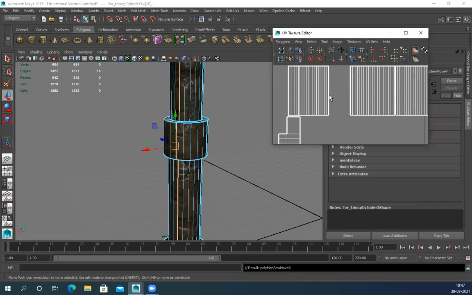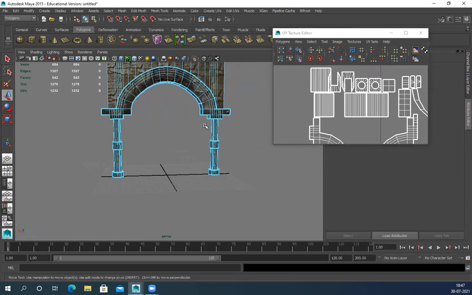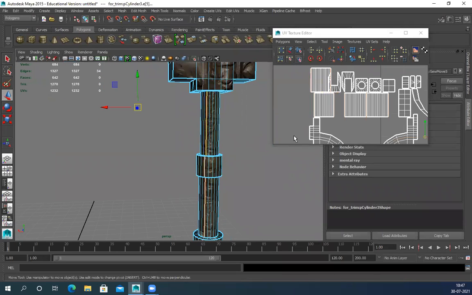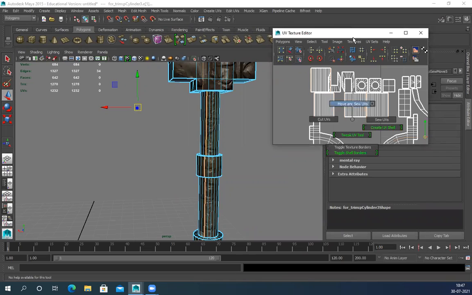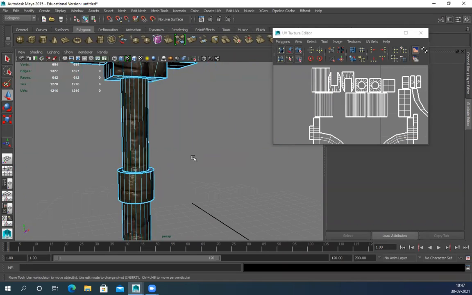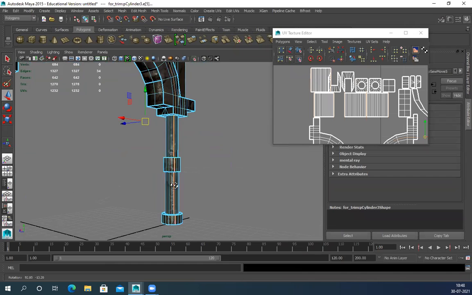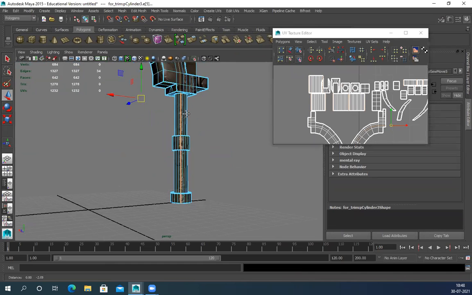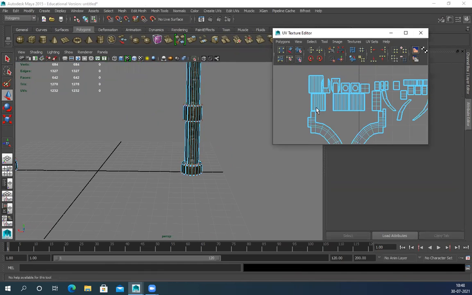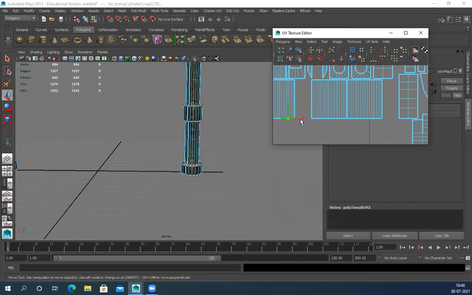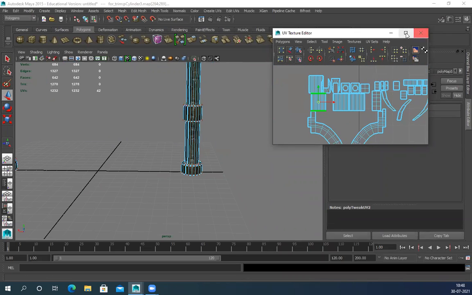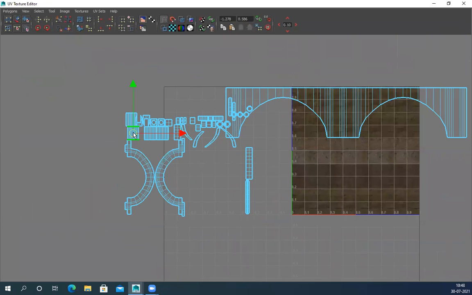One seam I need to keep. Symmetry is on, I believe. Yeah, symmetry is on. So these two are connected now. Shell. Bring it here. So basically all four of them, I need to bring here.